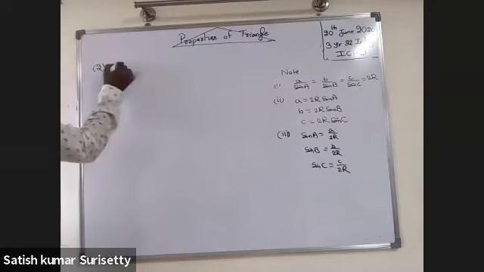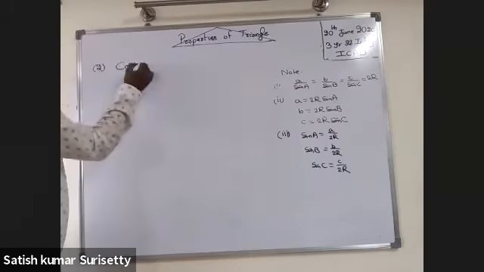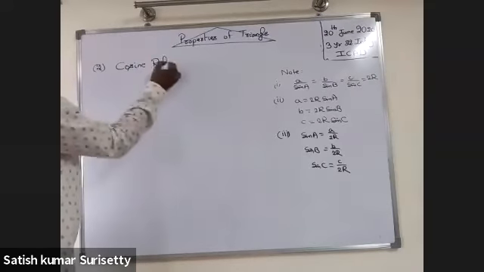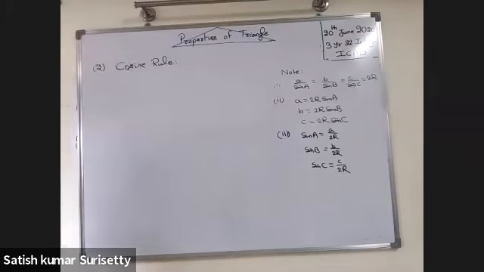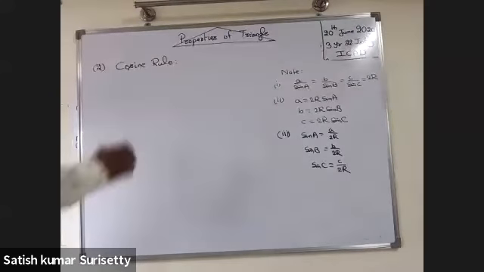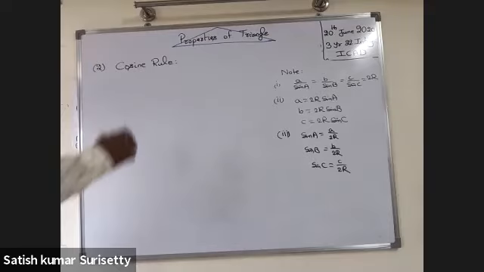Second one, cosine rule. In any triangle ABC, b square equals c square plus a square minus 2ac cos B,